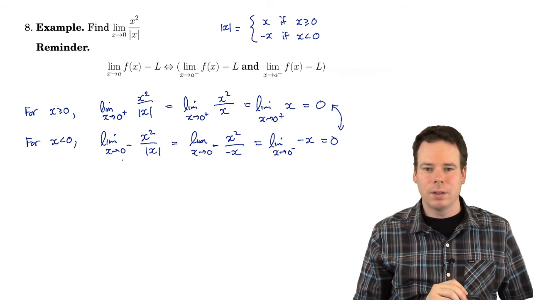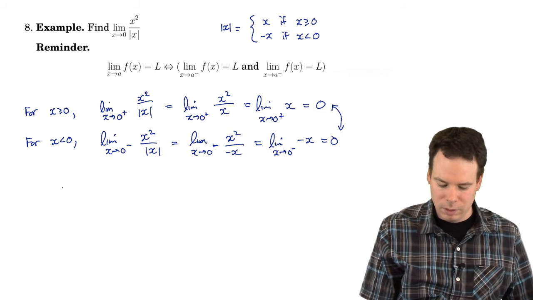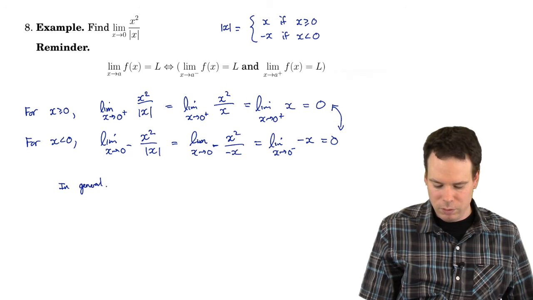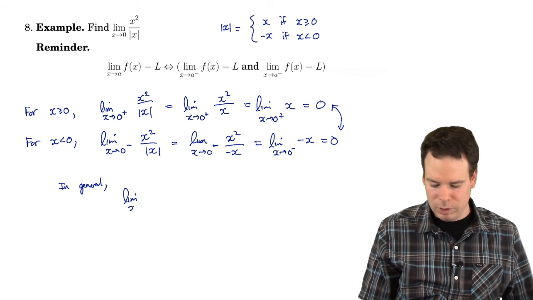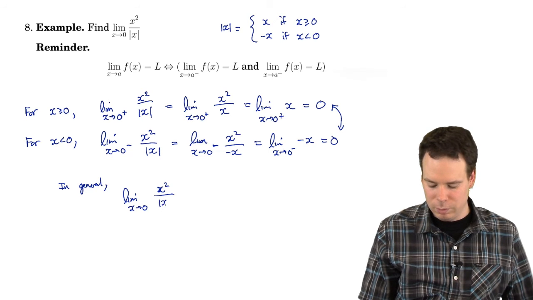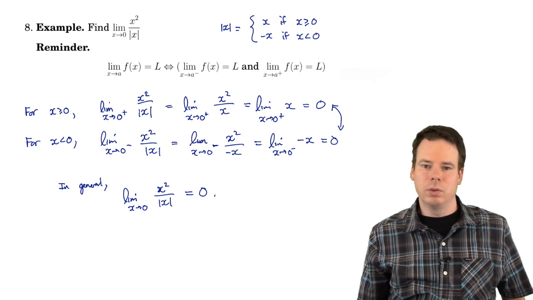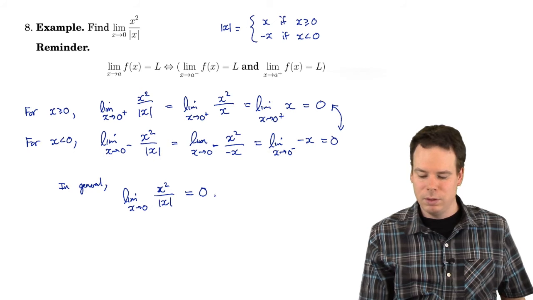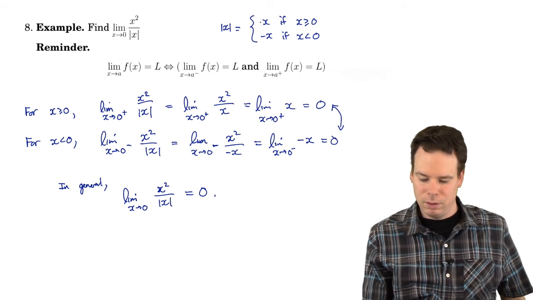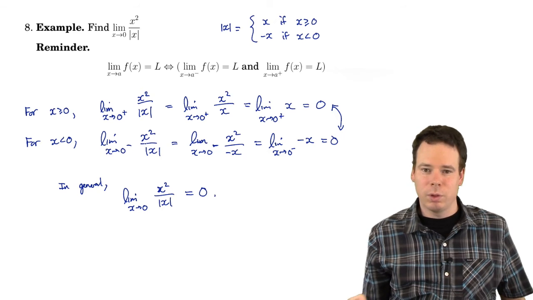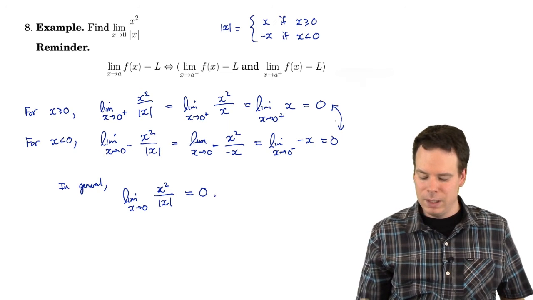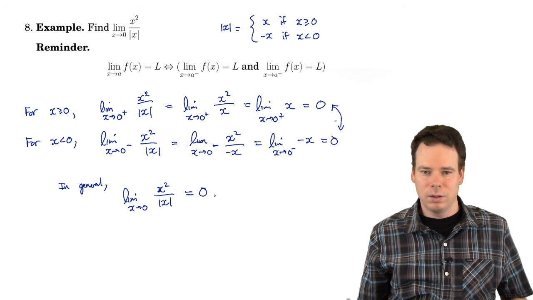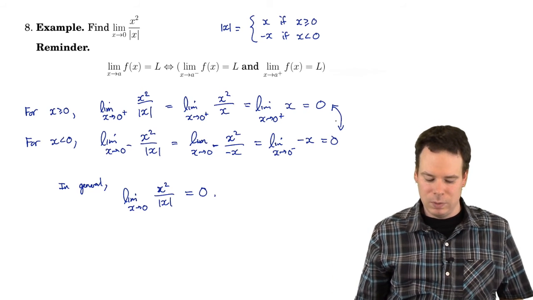The right-hand limit and the left-hand limit are both equal to 0. So therefore, in general, the general limit, the limit as x goes to 0 of x squared over absolute value of x is 0. Okay? So we did this one by first splitting up the absolute value of x into its piecewise defined form, and using each piece to work out the corresponding right and left-hand limits, noticing they're the same,